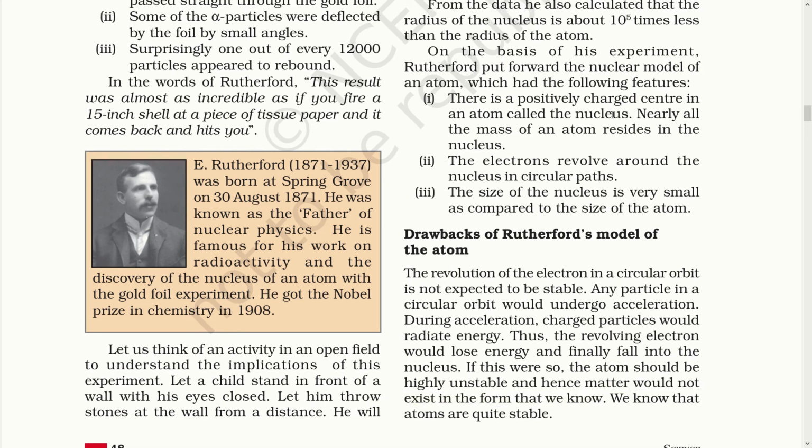So dear students, in this section, we studied Thomson's atomic model, which was proved wrong by Rutherford. According to Thomson, an atom was a big sphere of positive charge. But on experimenting, Rutherford's expectation went wrong as alpha particles didn't deflect but passed straight through the gold foil. Only 1 out of 12,000 alpha particles rebounded, showing that Thomson's atomic model was a failure.